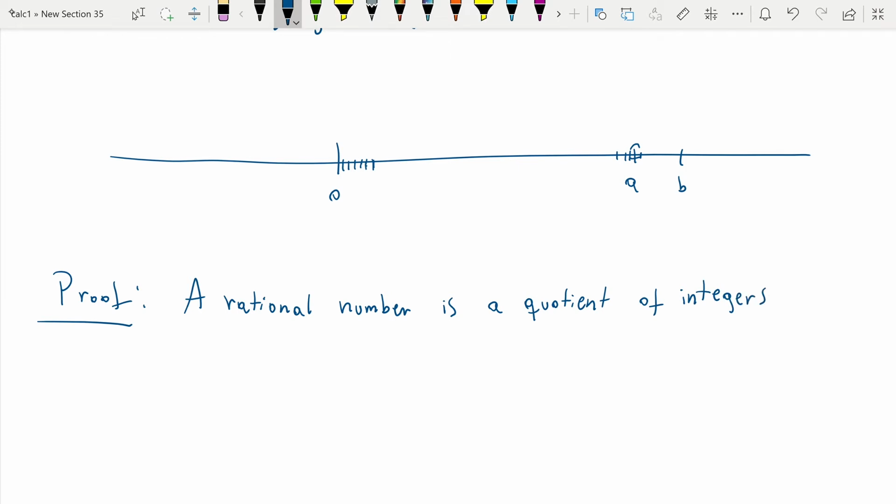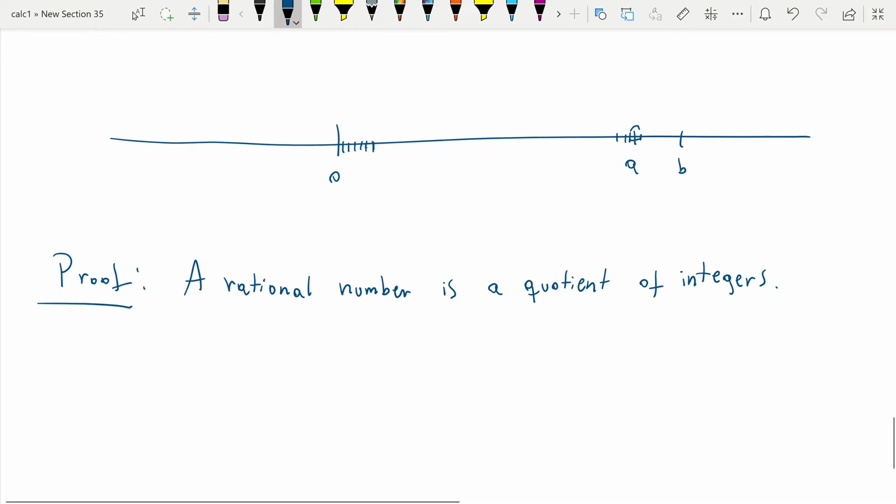So this is the first thing. Did you notice they point it out in the book. So rational numbers are quotients of integers. So what we need to find,